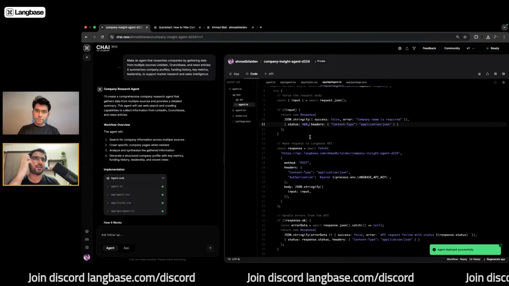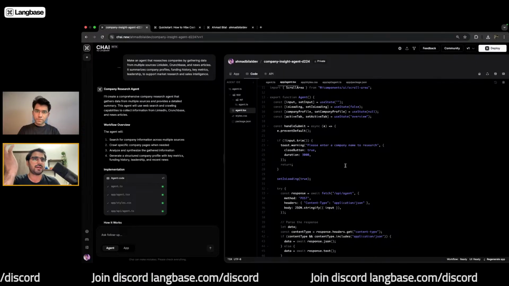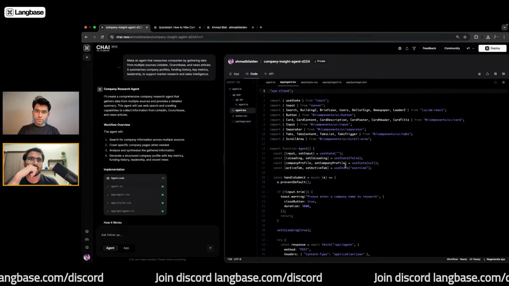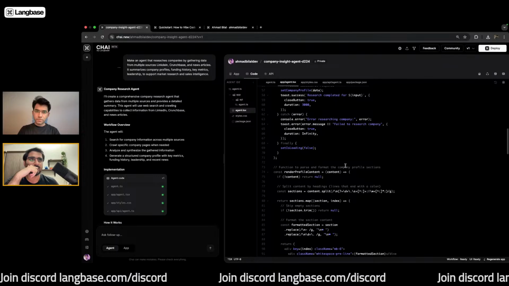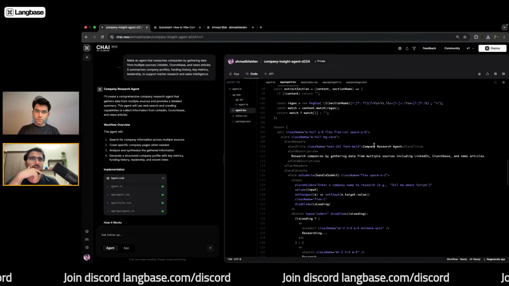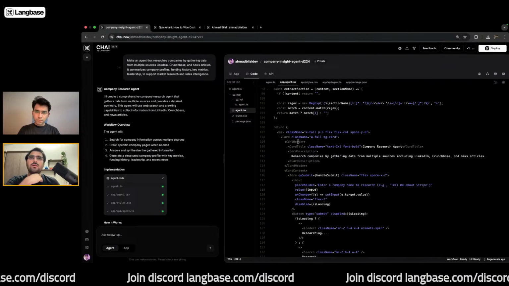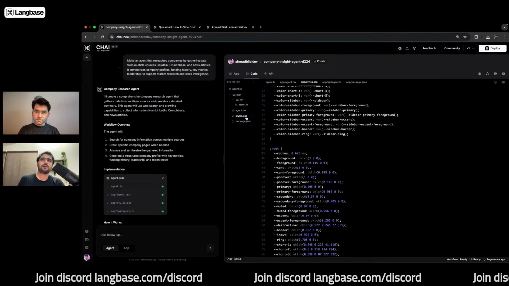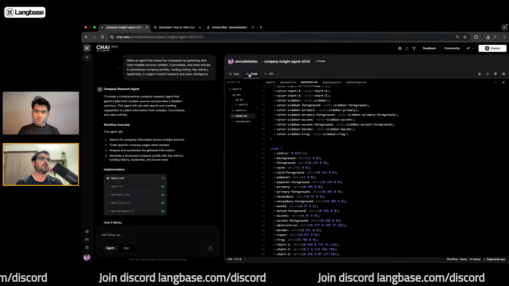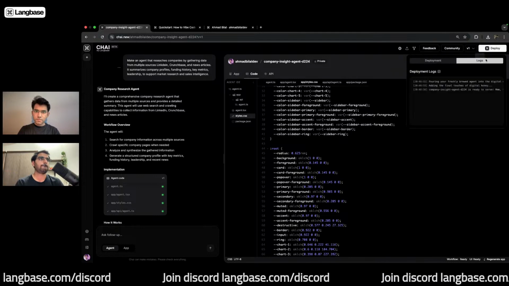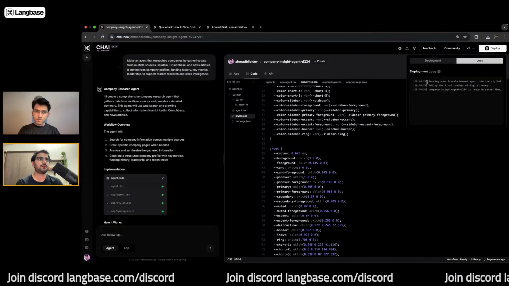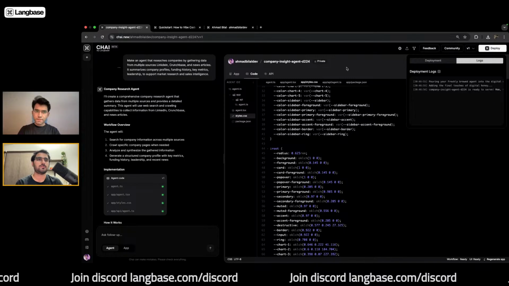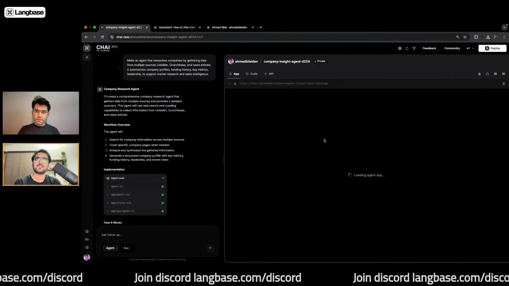And agent.tsx is where your agent app component will live. And you can already see the components. It's using cards and stuff, as well as styles and the package JSON file. All right. Okay, our agent is deployed. There were no errors. And now we can actually go and check out the agent app.